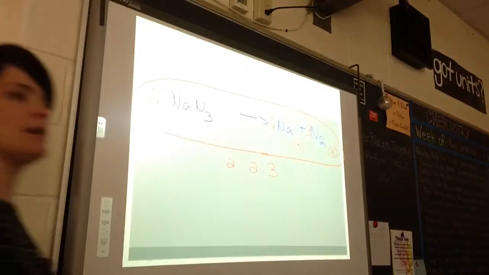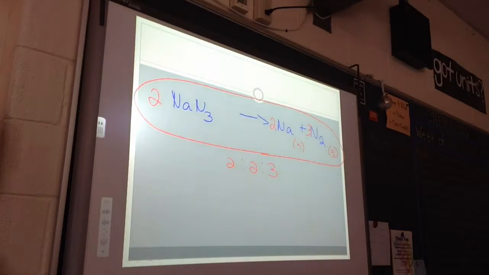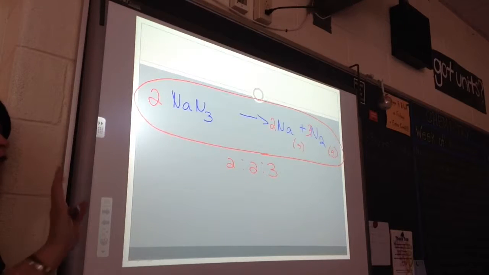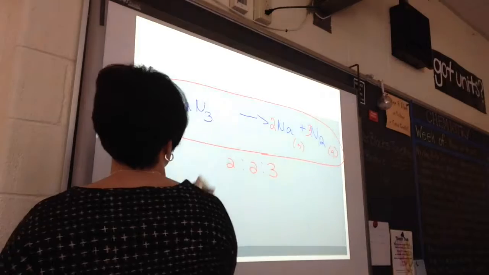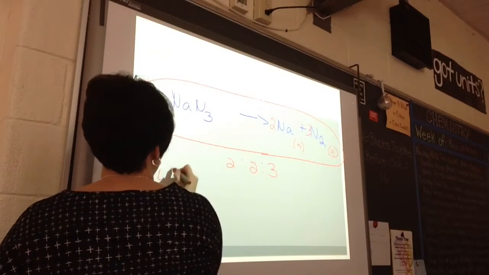Now, let me tell you this. I didn't tell you this earlier. It hasn't come up, so it's not been an issue. This ratio, the ratio that you pick out, which is the mole ratio, that's what we call it, okay? That ratio must be the simplest whole number ratio that exists. For example, and you don't have to write this down, I just want to show it to you, okay? If I had